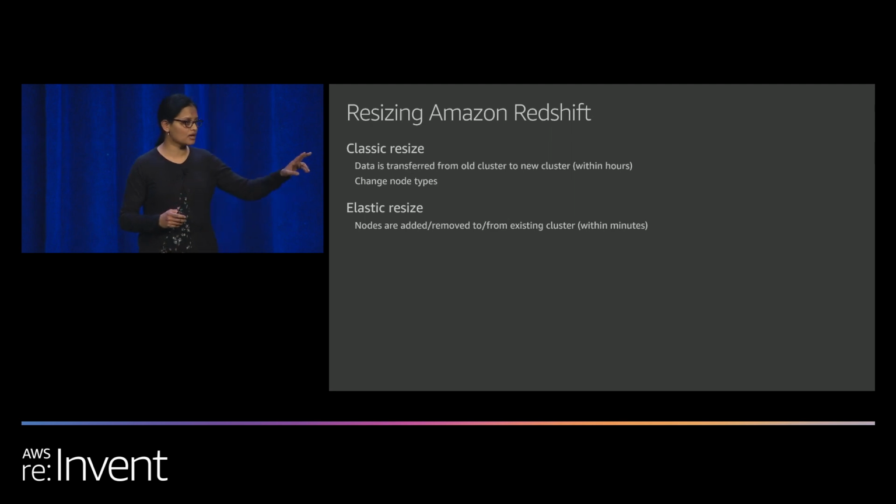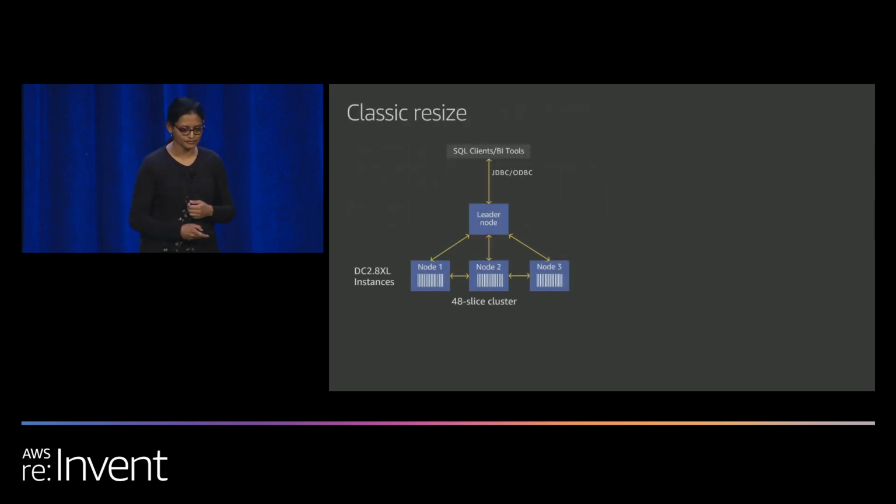In Redshift, there are 2 types of resizes. One is the classic resize, which is the old resize, where Redshift provisions a new cluster and transfers the data from old to the new. And with classic resize, you can choose to enable or disable the encryption on the cluster. An elastic resize is where compute nodes are added or removed from an existing cluster. So let's map out how classic resize works. We'll start off with